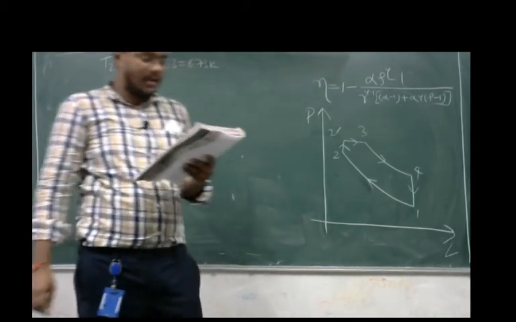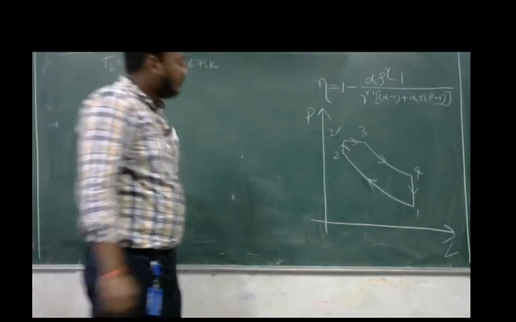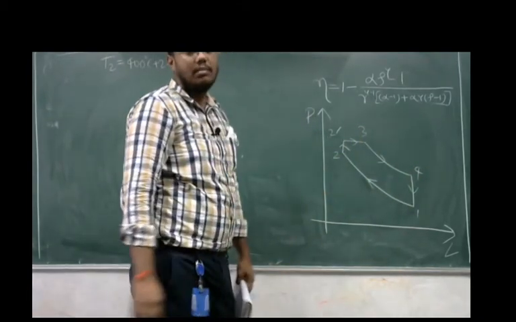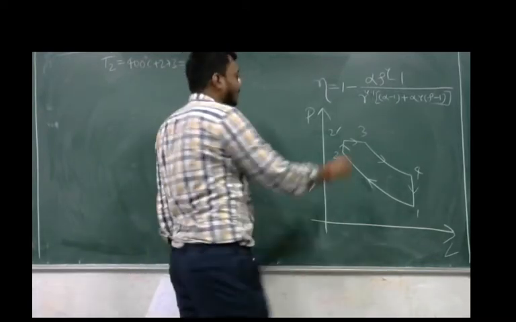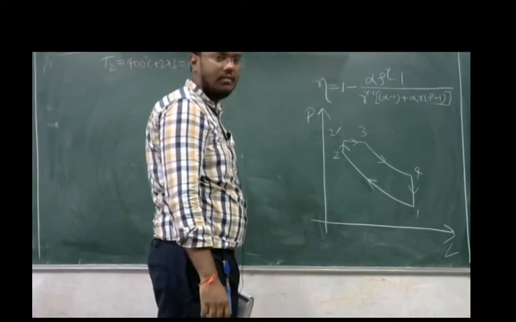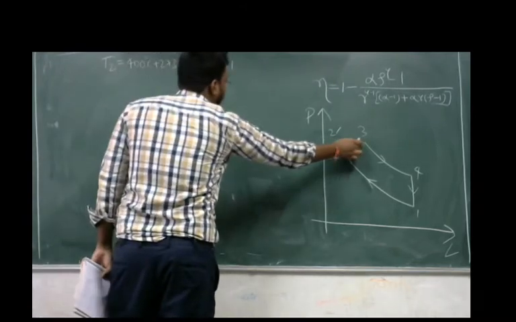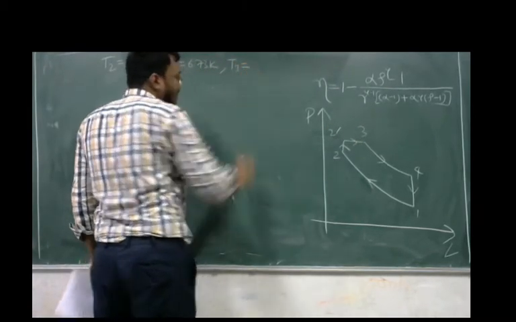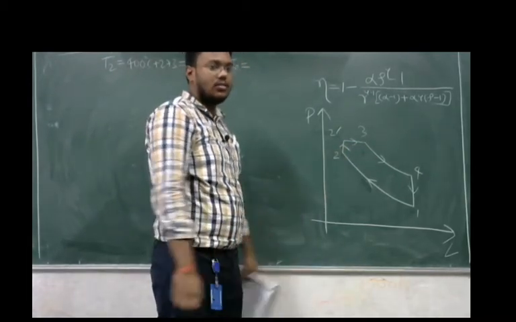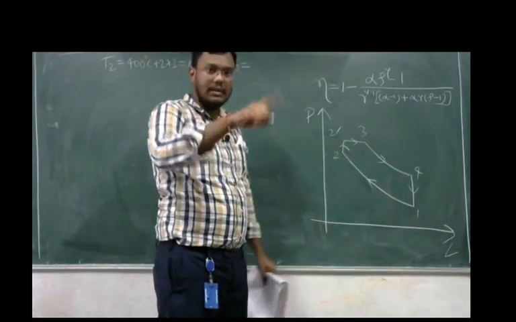Now, the maximum temperature of the cycle is 2000 degrees Celsius. The maximum temperature of the whole cycle is given here, and it will be at point 3. So T3 is given. How does the maximum temperature occur at point 3? This you can see in the TS diagram. It is talking about the maximum temperature, and the maximum temperature you can see only on the temperature plot.